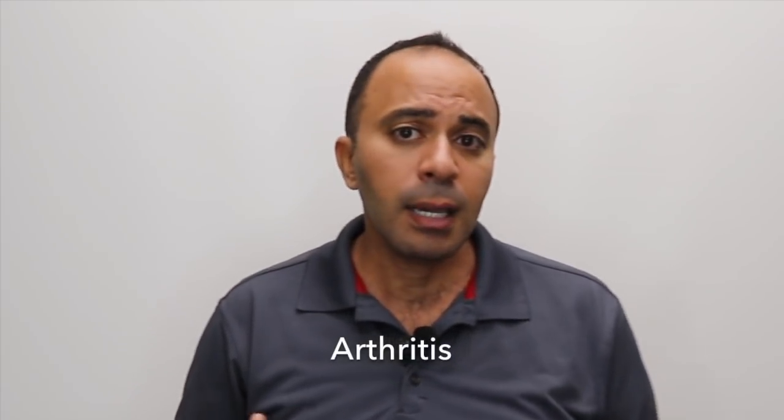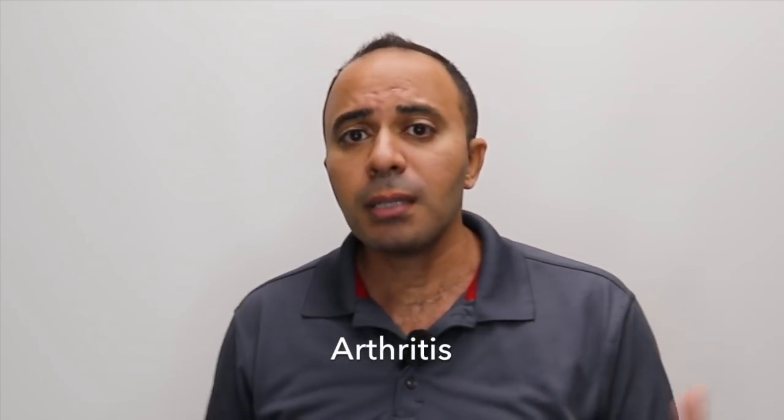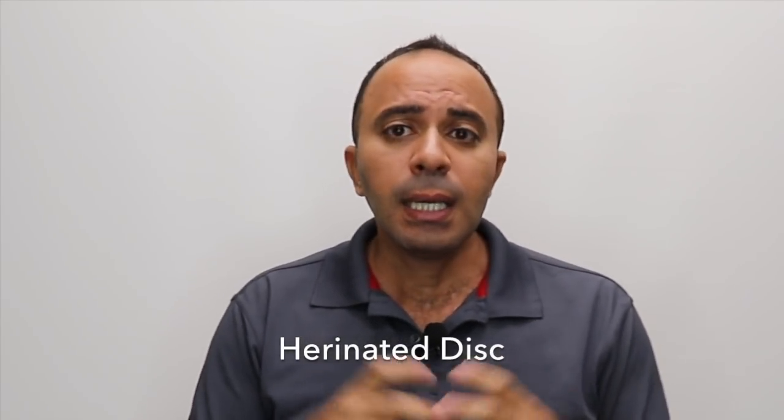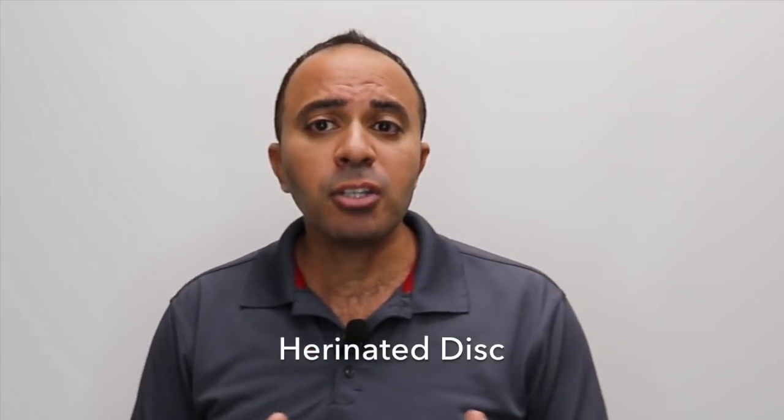The fourth cause is arthritis, and that could be rheumatoid arthritis or osteoarthritis. Those are the top common causes in the back, in the vertebrae. The fifth cause is herniated disc, so it could be a bulging disc. Sometimes it's actually a false positive for bulging disc or herniated disc, and I will go over that in detail in